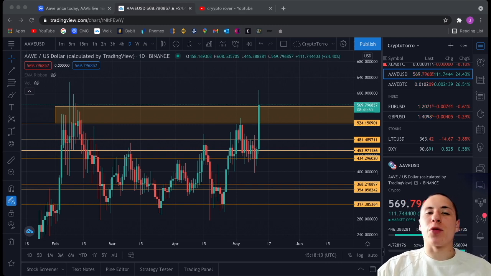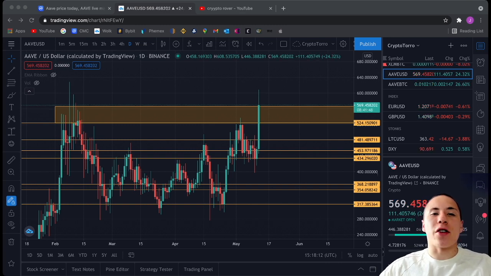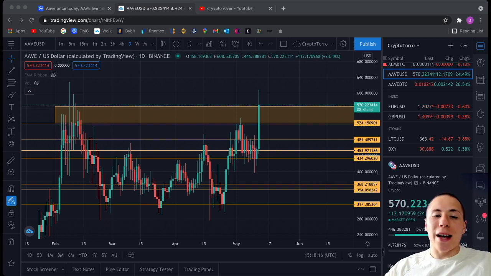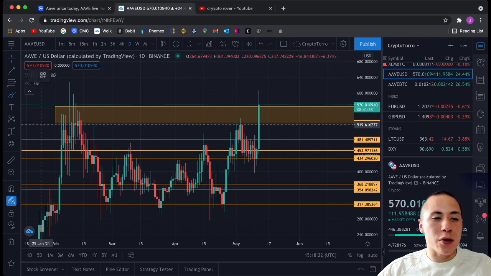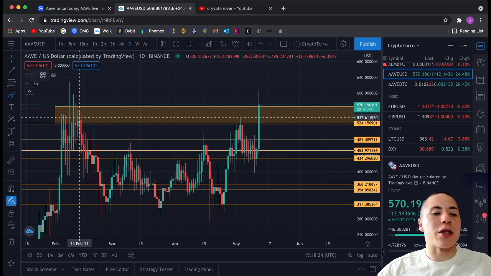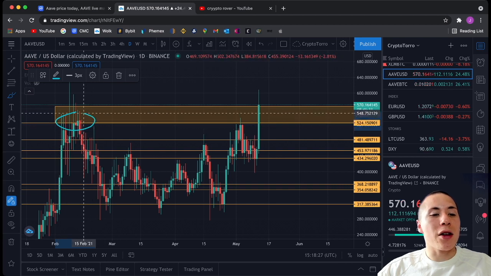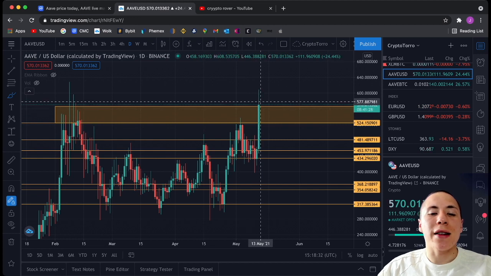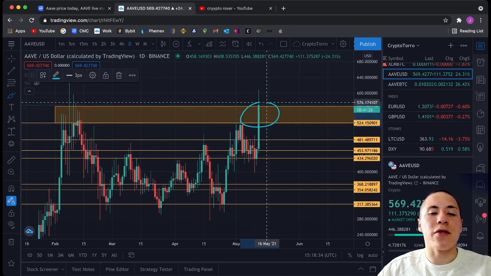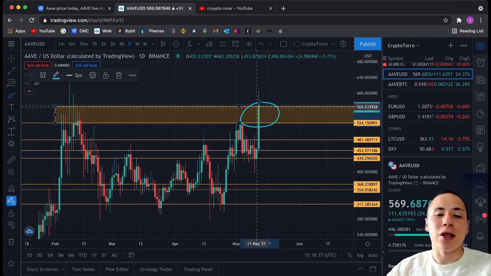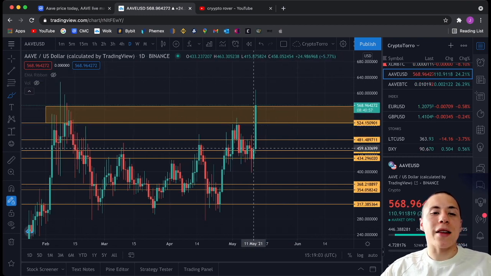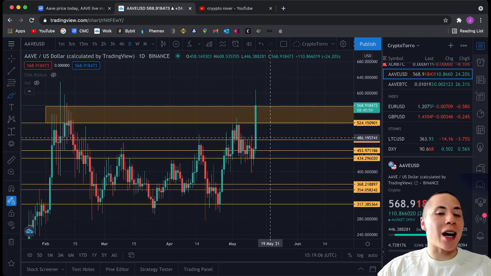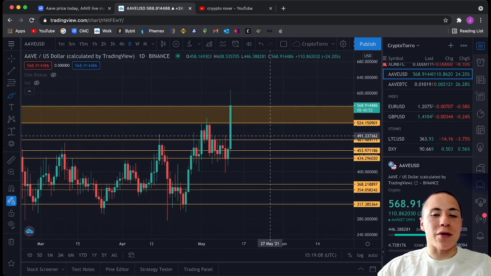So I will start right away by looking at the Eve compared to the US dollar chart with the daily candles. And what you can see right away is that Eve has broken through a huge level of resistance that we could see all the way back here on the 11th of February. And right now, on today's candle, Eve chose to break through this huge level of resistance that we had seen before. And I am very pumped about this move towards the upside, especially because Eve is a very well performing